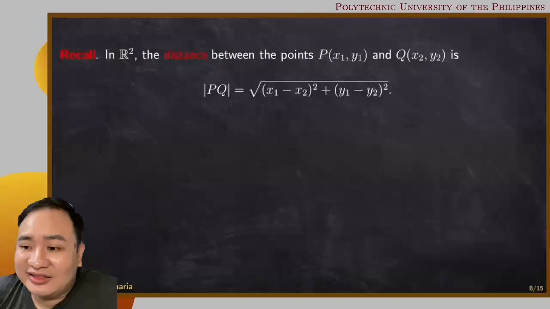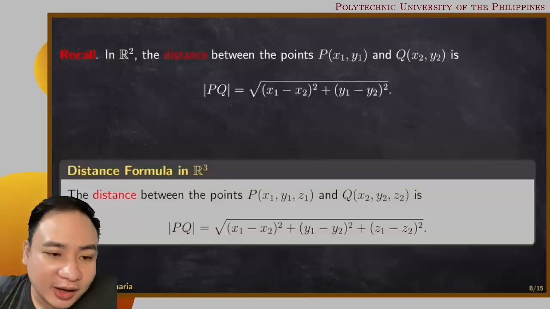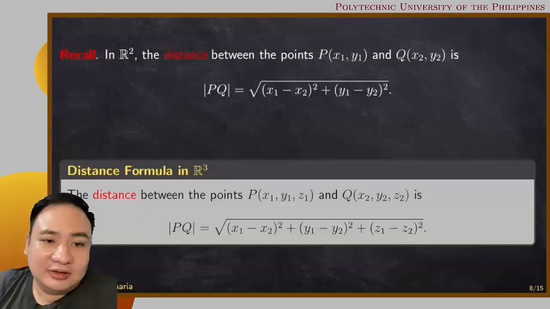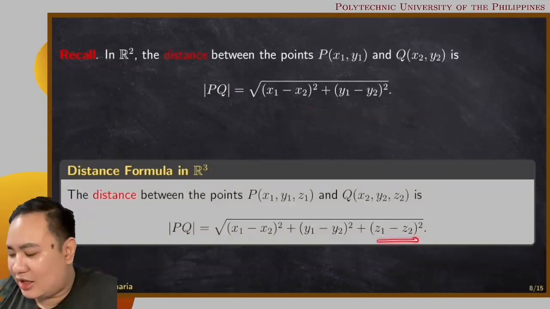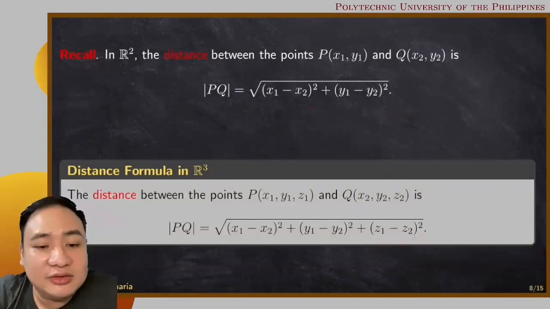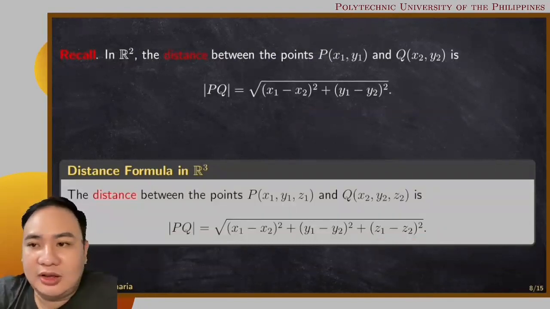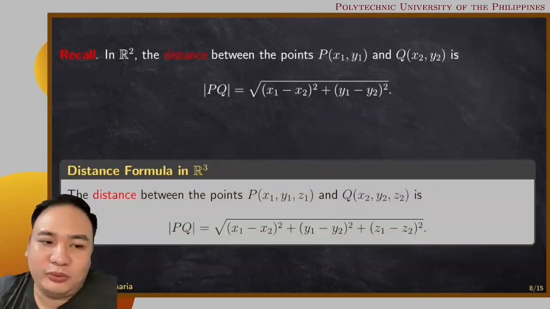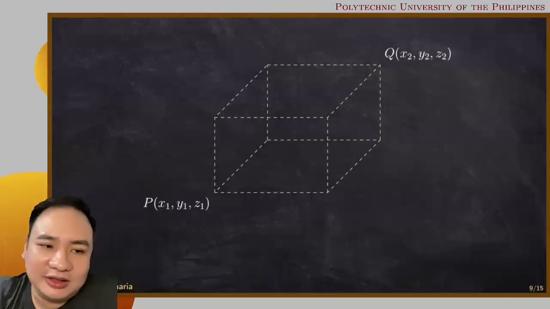Sir, how do we extend this to the three-dimensional space? No problem. Ang gagawin nyo lang, dadagdagan nyo lang ng isang term yung formula nyo. This time, i-add mo yung difference ng mga z coordinates and then take the square bago mo i-square root. Question, why does this formula work? Now, why does this formula work? Well, you can look at this picture. Kapag meron kang dalawang points in space, P and Q with these coordinates as pictured,